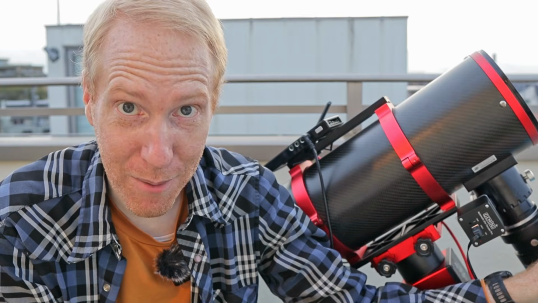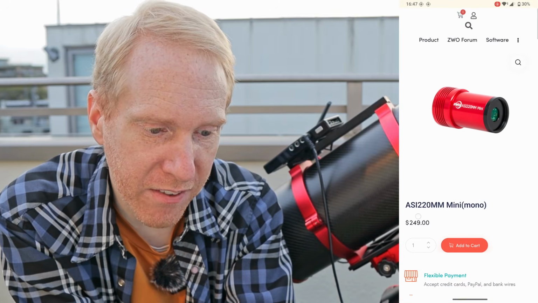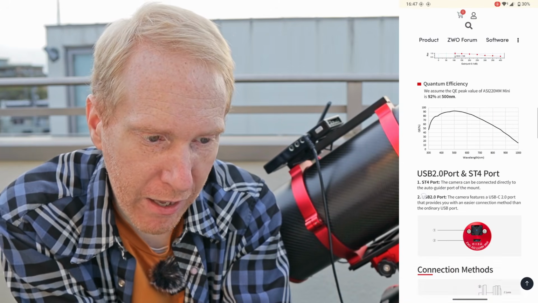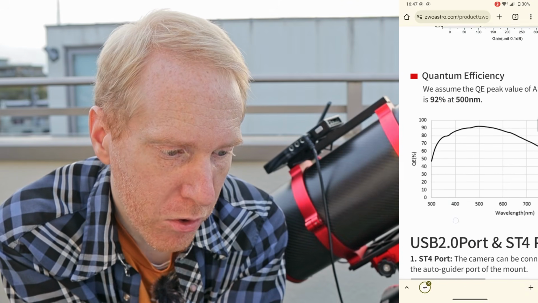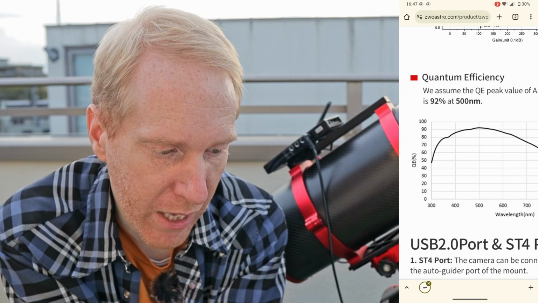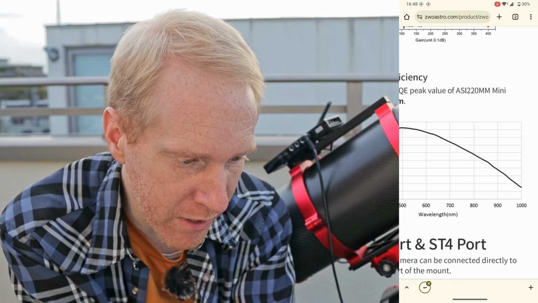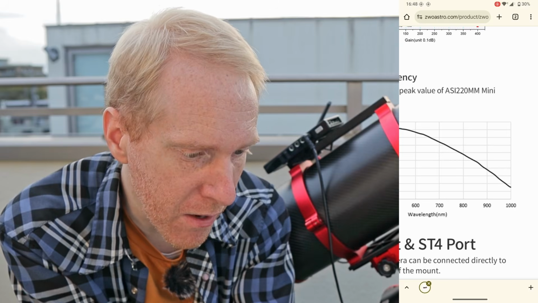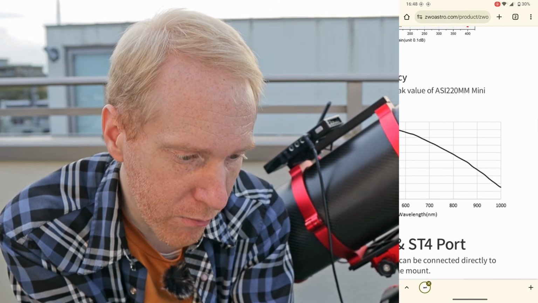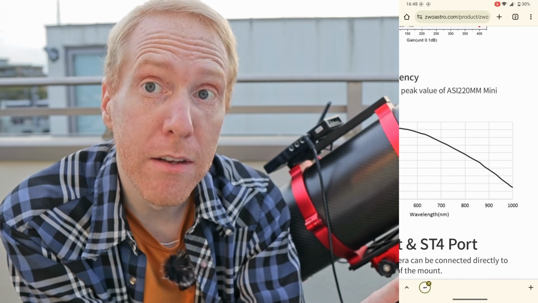And then the question becomes, how sensitive is your guide camera to infrared? If I look, for instance, at the page of the ASI 220mm Mini, we can look at the charts, and you can see we have a chart of wavelengths on the x-axis compared to the quantum efficiency of the camera on the y-axis. The higher, the more sensitive the camera is. And you can see the more we go into the infrared, the less sensitive it becomes. Above 850, it's around 40 to even 15% sensitive. It will still work, but it's not that sensitive in